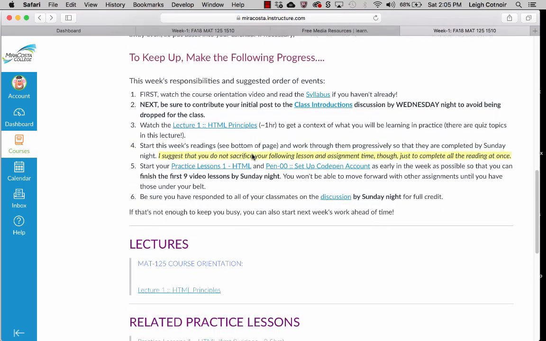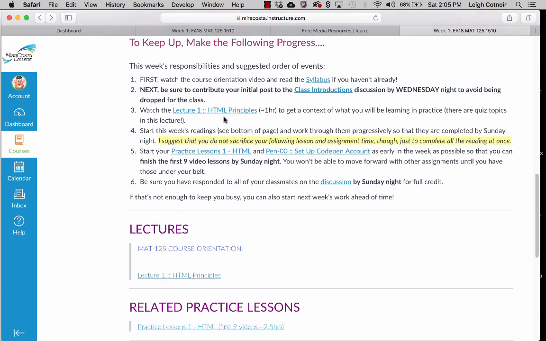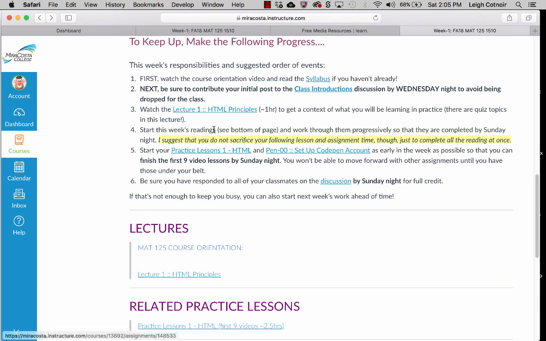So what I do to help you with that is I keep these sections every week that are called benchmarks. That's what I call them. It says to keep up, make the following progress, right? And then it tells you in the order that I suggest that you do them. You may disagree, and that's fine, but I have a suggestion based on the fact that I've taught this a bunch. And the first thing I would say to do is watch the video you're watching and read the syllabus,